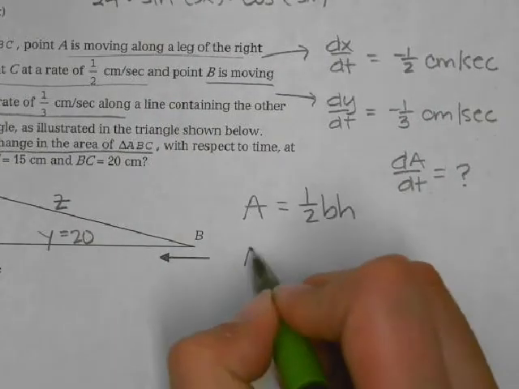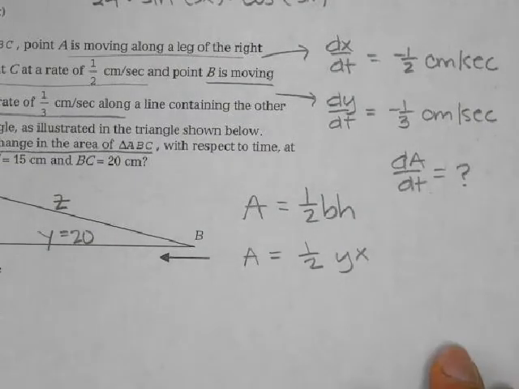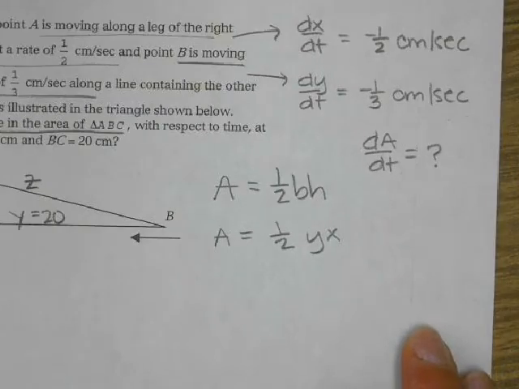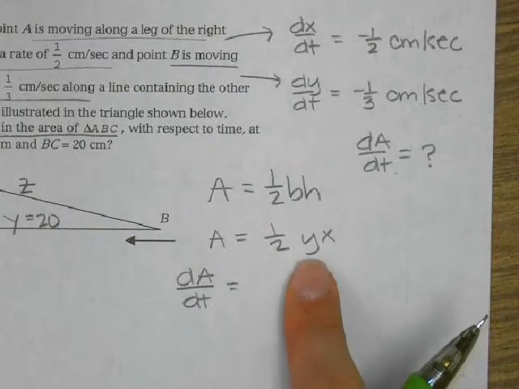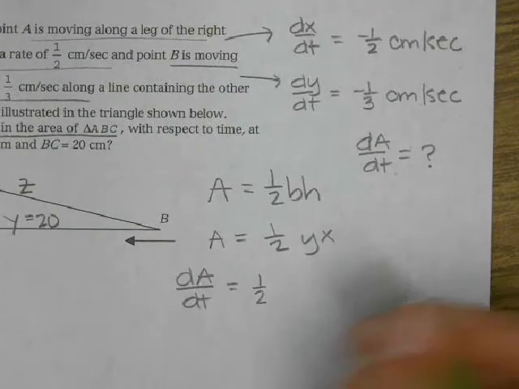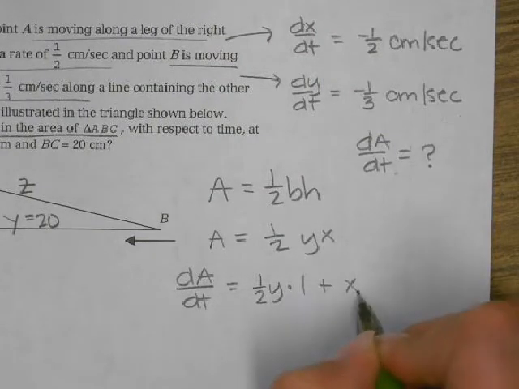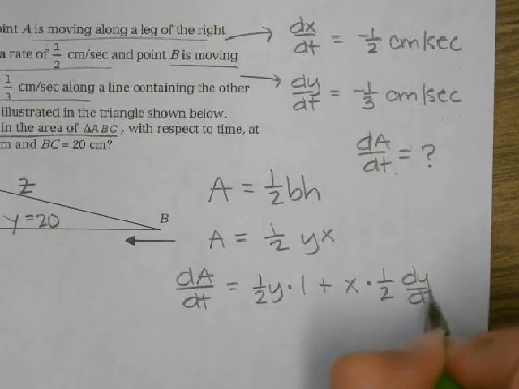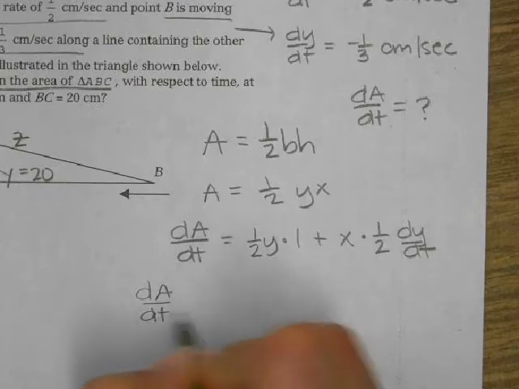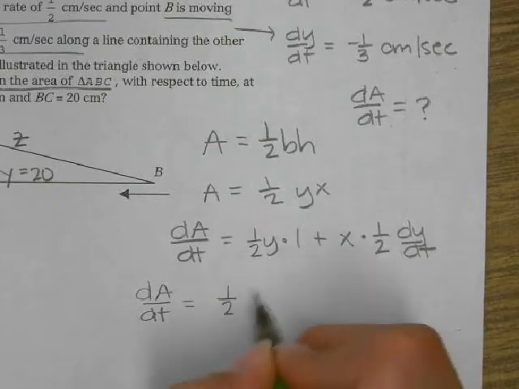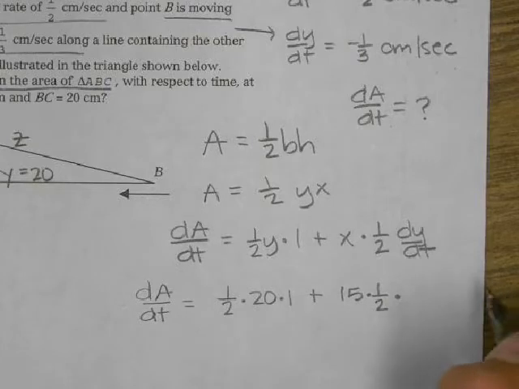So I went ahead and rewrote my area formula so it was in terms of the variables that I had. So my base is y, my height is x. So dA/dt is a derivative. So I went ahead and I said the derivative of A is dA/dt. And then I noticed that this is a product rule. So I said 1/2 y, the first times the derivative of the second, plus the second times the derivative of the first. And then I went ahead and I just plugged my numbers in. So dA/dt is what I'm solving for. And then I have 1/2 times y times 1 plus x times 1/2 times